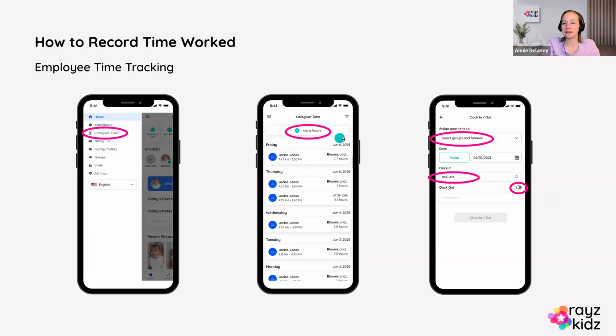And when you navigate in here, you'll notice if you've used the attendance feature, it actually functions very similar to that. So all of your records of past clock in, clock out time records or ongoing ones will be listed here. And so you'll go ahead and press add a record, and then you'll select a group or family to